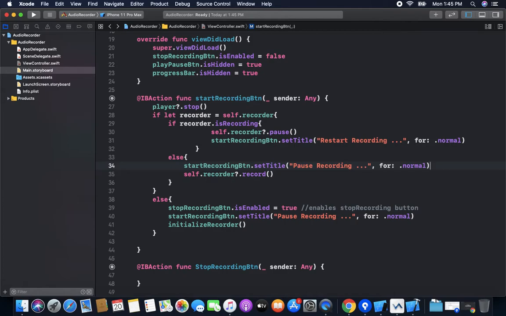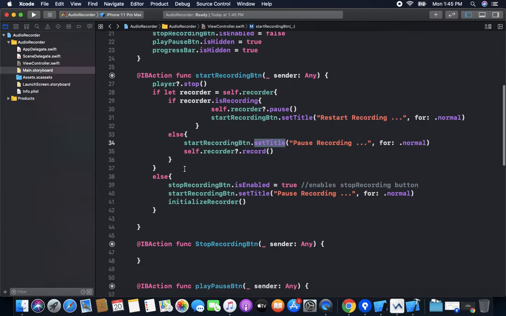If the recorder is already initialized, it means recording has already started. Then we check if it is recording. Then the user wants to pause it, so we pause it. If it is not recording, like it is in pause mode, the user wants to restart it, so we will restart it with the record function. Here we just change the title name accordingly.